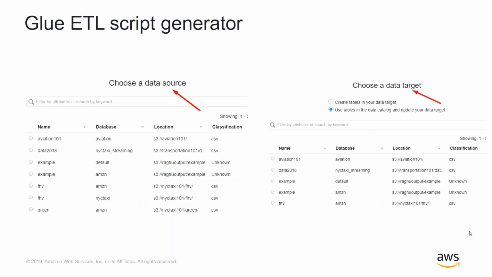Now, back to script generator. Now that you have cataloged this data somewhere, you want to transform this data from source to target, okay? And you want to use the script generator functionality inside Glue. I got a couple of screenshots in front of me. When you're using the script generator, it asks you what the source of this data is. So as you can see, you can pick any of these sources that can be S3, that can be Redshift,